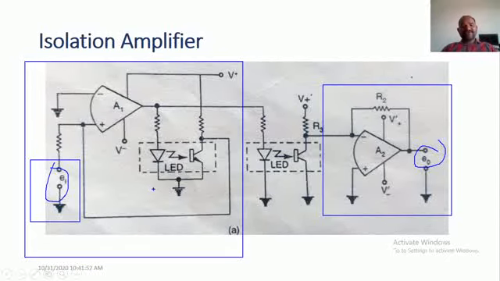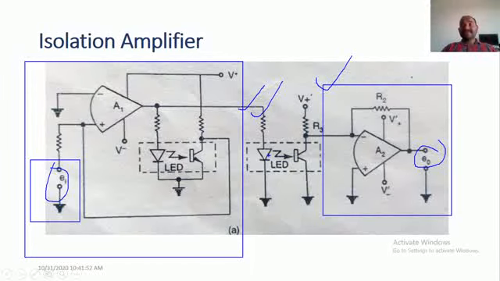So the measured information will be processed by the isolation amplifier, and this processed information will be supplied as an input to the output device. But between the input and the output devices, we don't have any physical communication. Instead, we are using the LED phototransistor as a signal coupler. Means the signal which is measured by the input device will be transferred to the output device by